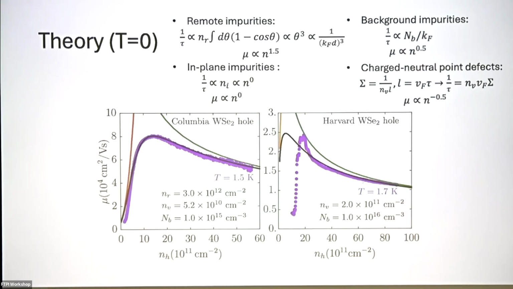If we use that as an assumption, then you can derive the scattering time immediately just from the definition of scattering cross section and the mean free path. And you find that the scattering rate is proportional to v Fermi, and that leads to a dependence of n to the power -1/2, and this explains very well the high density behavior of these mobility curves.